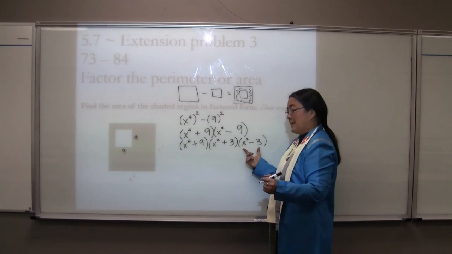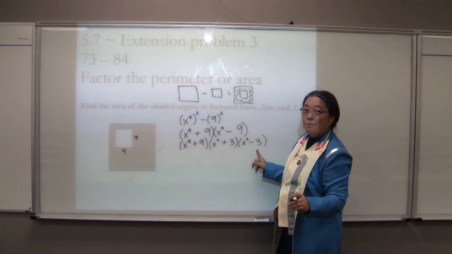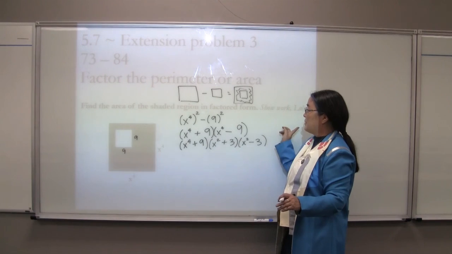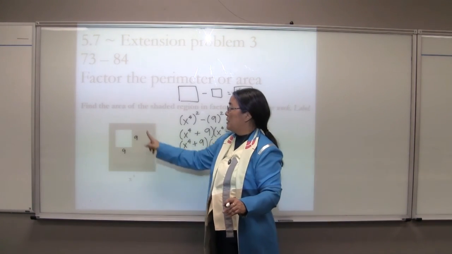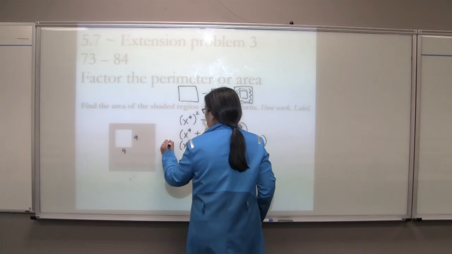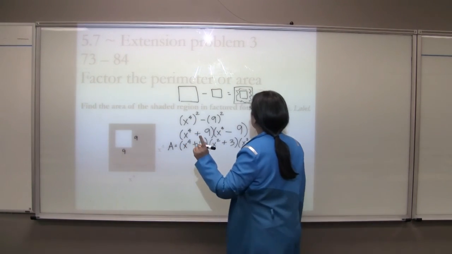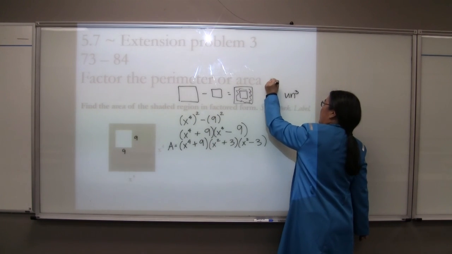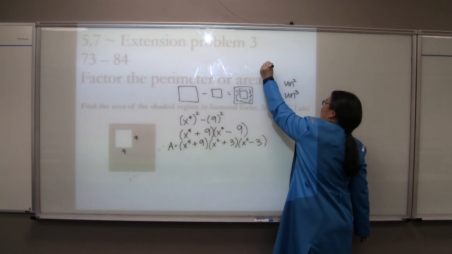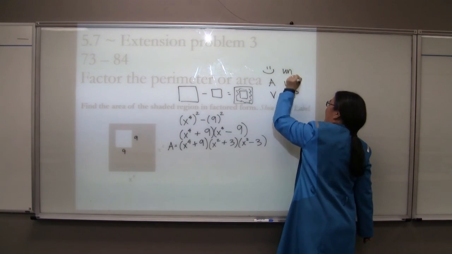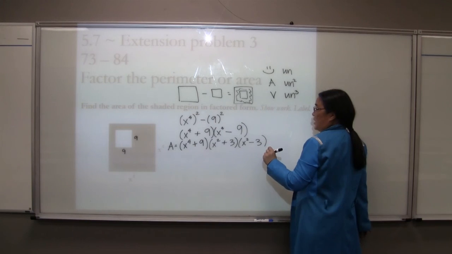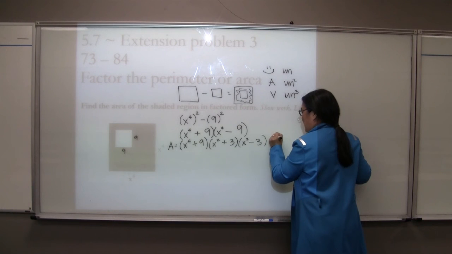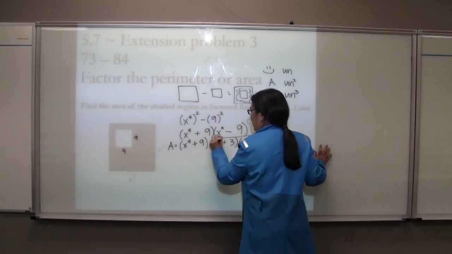Then we double check. Can we do this again? If that had been a 4, you could have done it one more time. But that's as far as we can go. We have to label it because it is a picture problem. It's an area. So area is going to get an A equals, and let's think about this. A volume gets units cubed because it's 3-dimensional, and area is units squared because it's 2-dimensional, and everything else is units regular. This is an area, so it's going to get units squared. We weren't given a unit, so we just put units squared. Whee! Boxing the